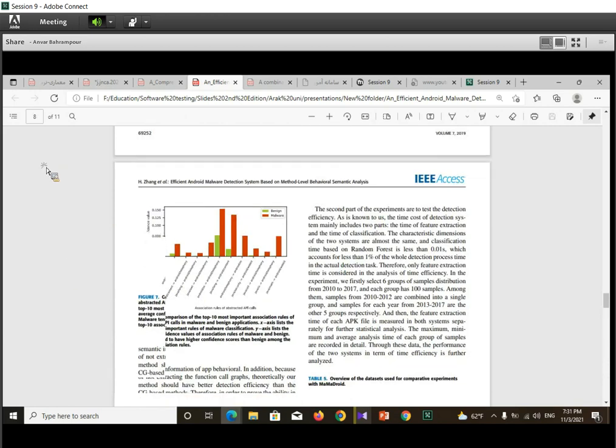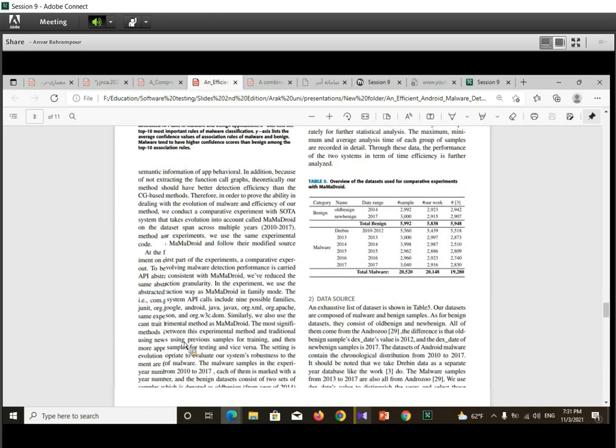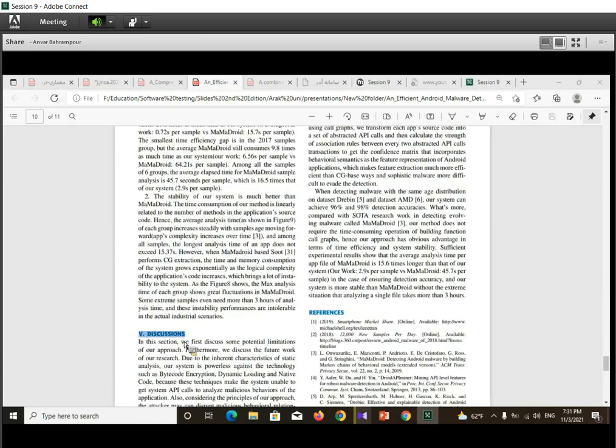Sometimes it is used as a separate section, but in most research papers it is a subsection of section 4 of the research paper.